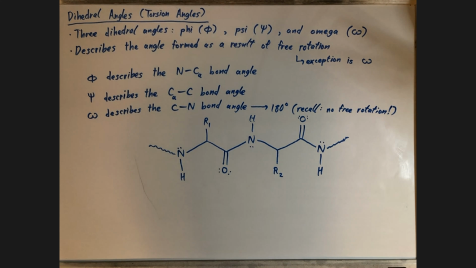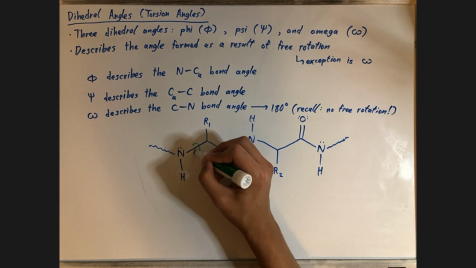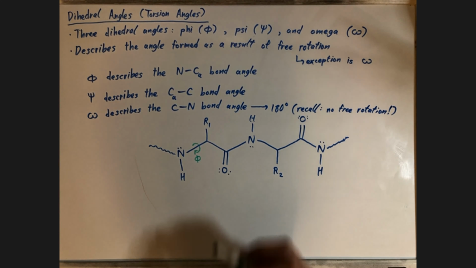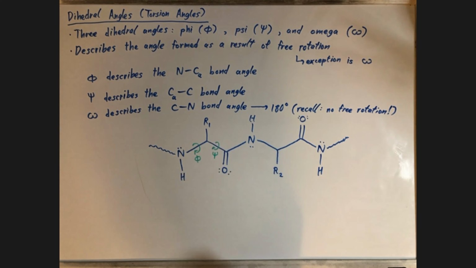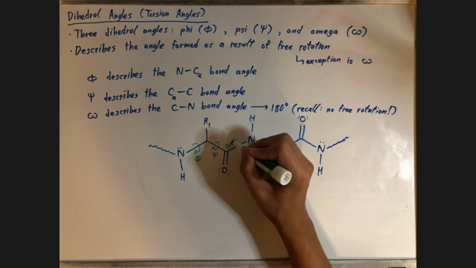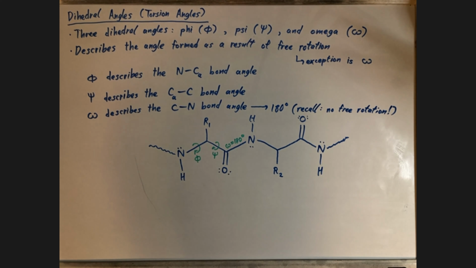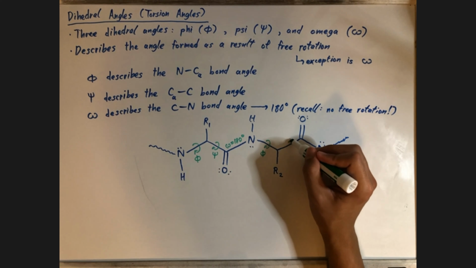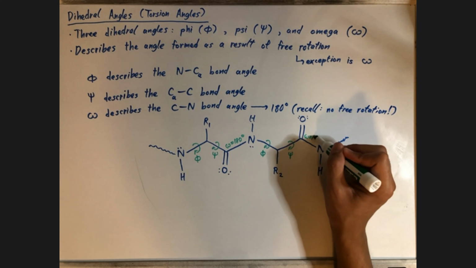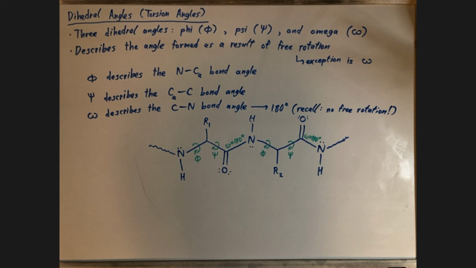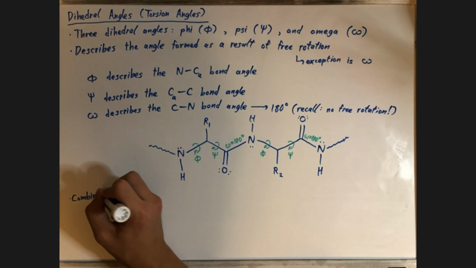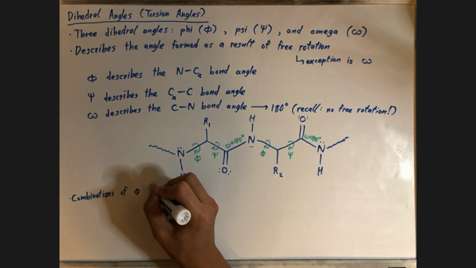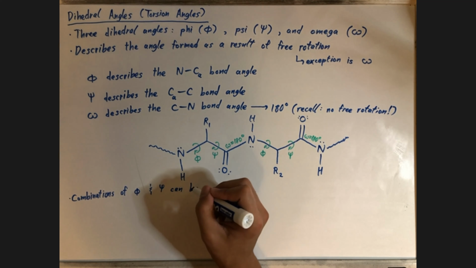So here is a generic polypeptide backbone, and here would be the phi bond angle. This would be psi, and over here would be the omega, which is 180. Here's phi, here's psi, here's omega. Now there can be different combinations of phi and psi, and they can be either unfavorable or favorable depending on